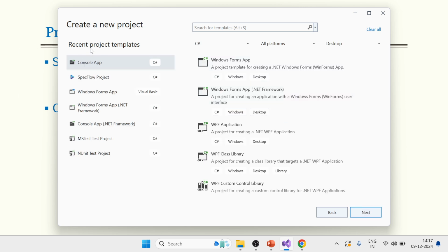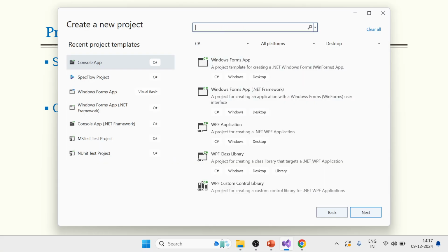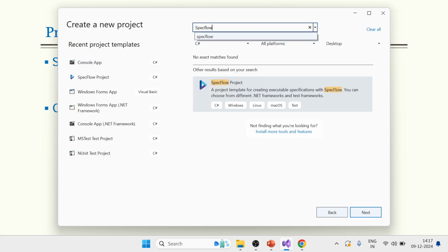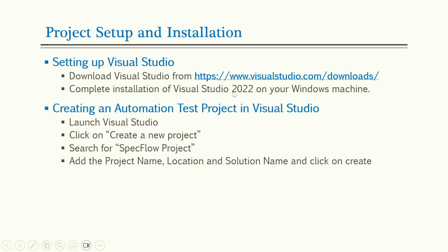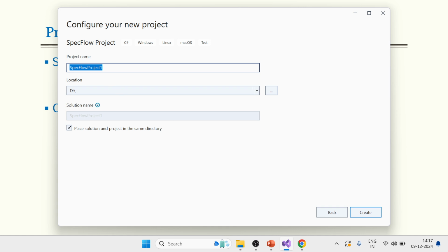It will ask to search for the template. So what template do we need to search for? Search for the SpecFlow project. I just click on the search window, and you can see this is the SpecFlow project. Add the project name, location, solution name, and click on create. You can click on next, and you can give the test project name. So I will give REST API